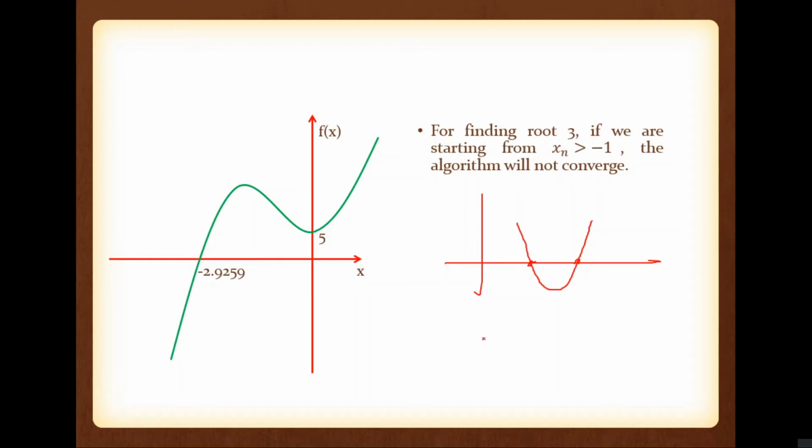Okay. Now take the second case. Now this is another parabolic function. Again a local minima is there, and that local minima is exactly equal to 0. So it will have 2 roots. Sorry, that local minima is just touching the x-axis. So that touching point, that one is the root. And I told you, if it have a local minima, it will have 2 roots. So if it is just touching that x-axis, means this one is a multiple root. It will have 2 roots on the same point.